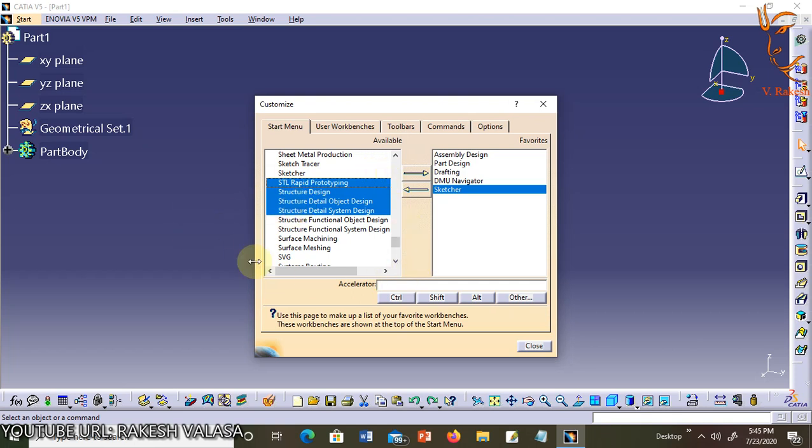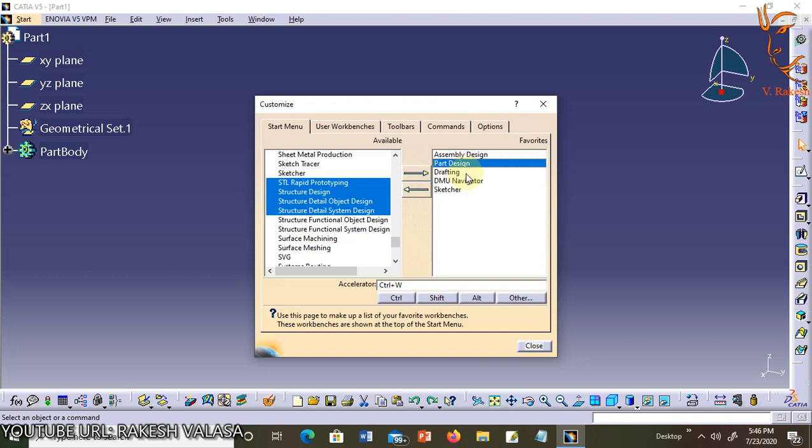You can also create quick keys. CATIA V5 refers to them as accelerators. Highlight the workbench. For example, I am selecting Part Design.